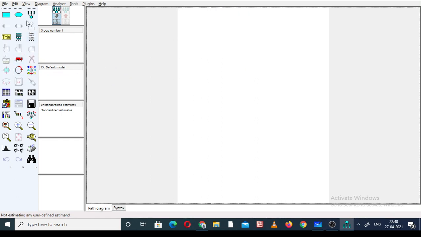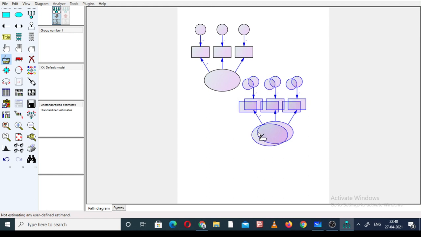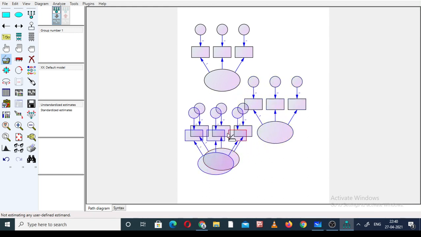The next one is the duplicate object. First of all, we have to select all the content. Then we click on it and like this, we can get the copy of the same.